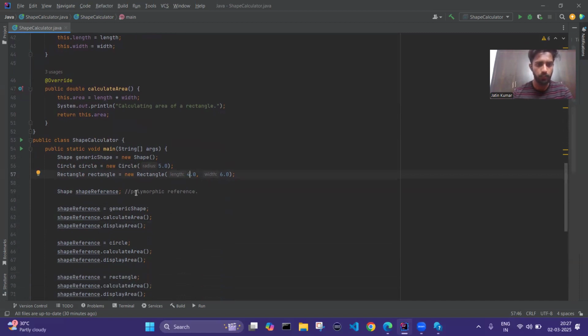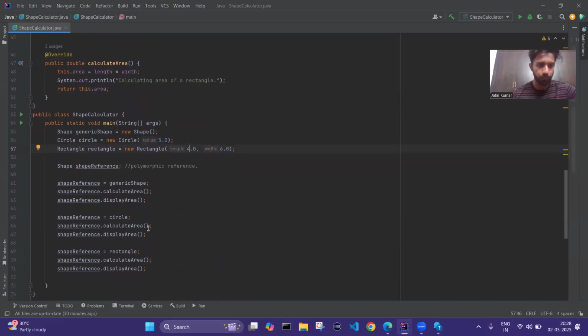And now here we have a polymorphic reference. Basically, this is a reference variable of type Shape. First we assign this Shape reference to the generic shape, that is the base class of type Shape. We calculate the area of the generic shape, and then we display the area. And second, we set this reference to the Circle object, and for this Circle object, we calculate the area